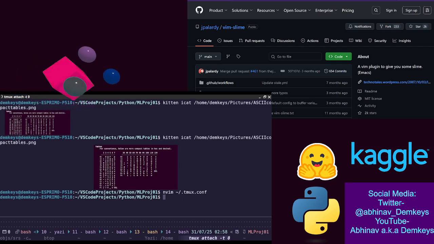I'm actually using Kitty's own SSH kitten to SSH into another machine where the Tmux session is actually running. The Tmux session is not running on the machine that I'm using Kitty on, and